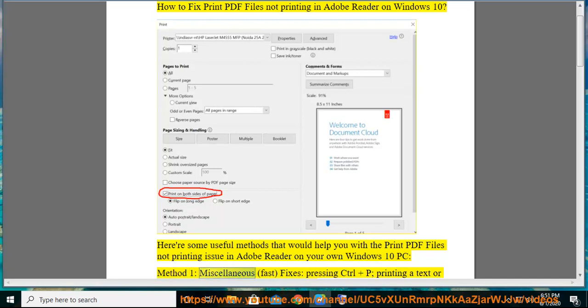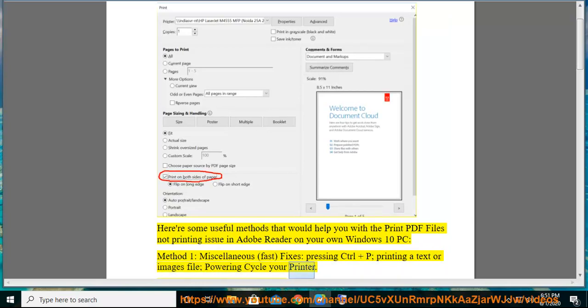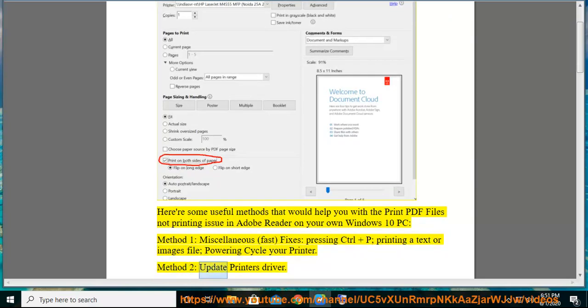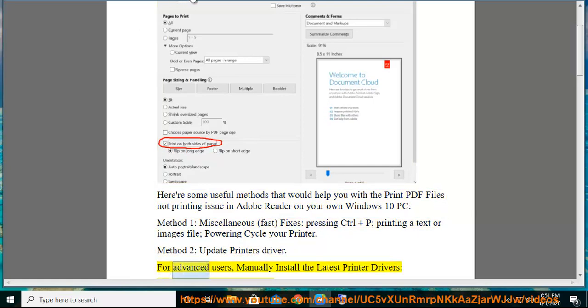Method 1, miscellaneous fast fixes: pressing Ctrl+P, printing a text or images file, power cycling your printer. Method 2, update printer's driver. For advanced users, manual